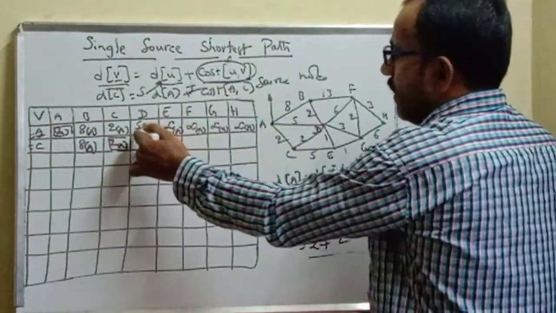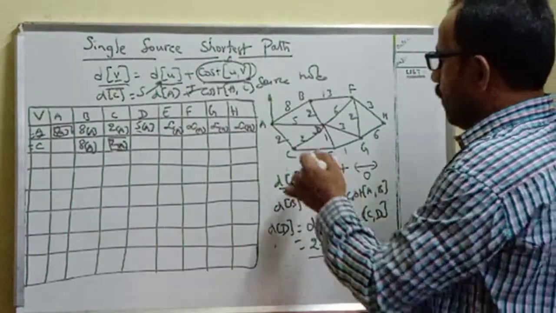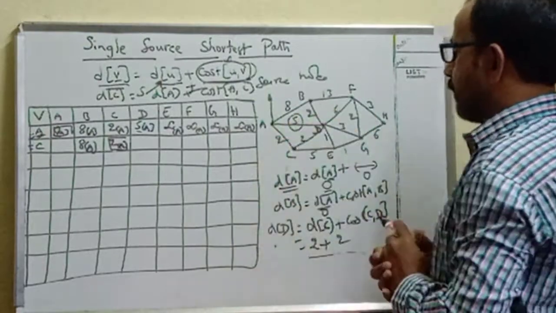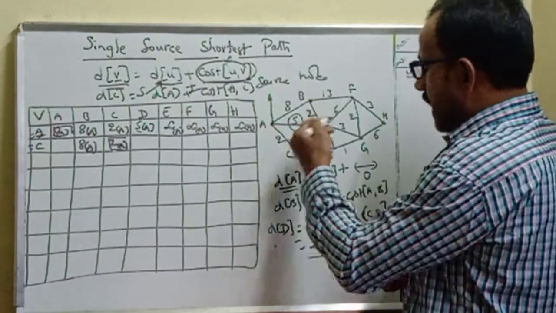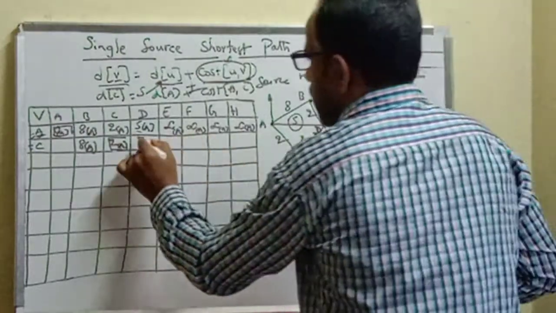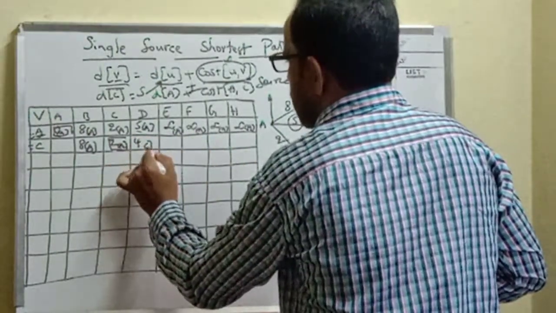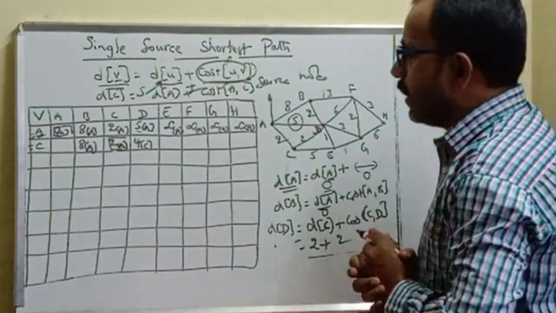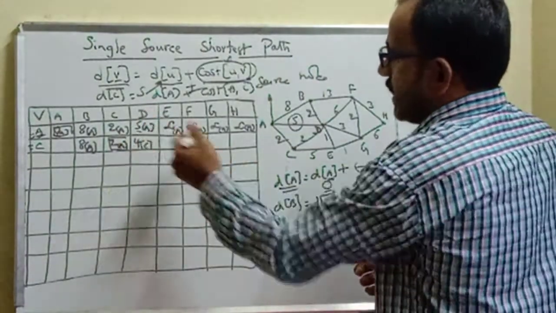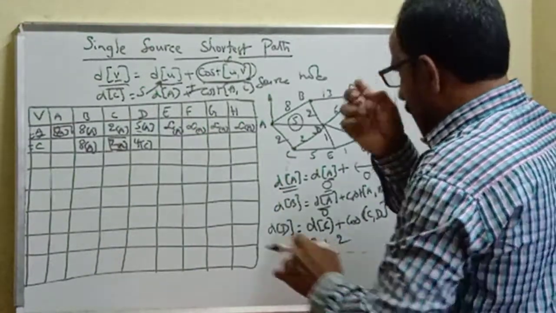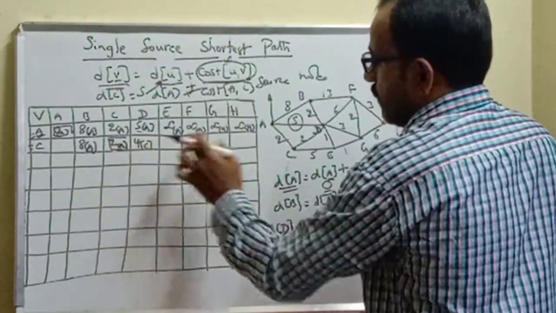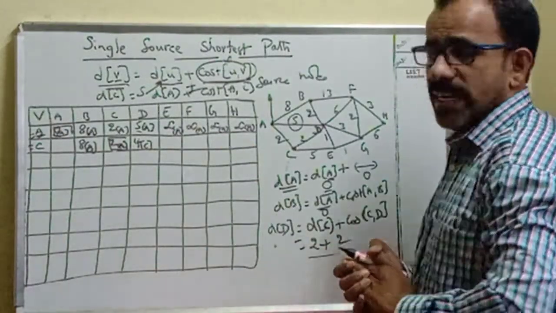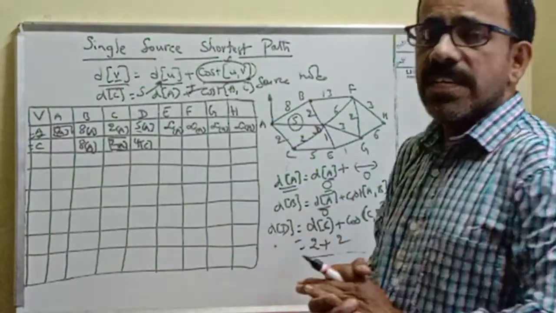But what about the earlier value? The earlier value is 5. Means if you consider the direct edge between A and D, then the cost was 5 units. But if you go via C, the cost is reduced to 4 units only, so it is better to go via C, because updation happened, and we got a lesser value than the direct edge. So we replaced 5 with 4, and that too via C only. That's why we represent the subscript as C, because the subscript C representation is very important while constructing the path; that particular subscript is very useful.